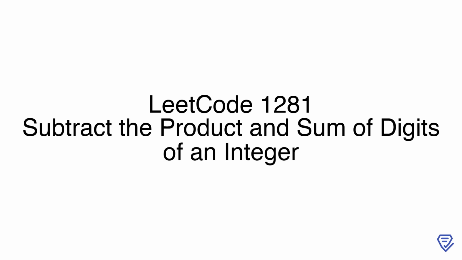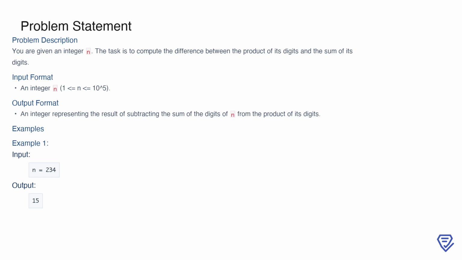Welcome! In this session, we'll explore the problem titled Subtract the product and sum of digits of an integer. Together, we'll break down the problem, analyze various approaches, and understand how to solve it step by step. Let's dive in. The problem asks us to calculate the difference between the product of the digits of an integer